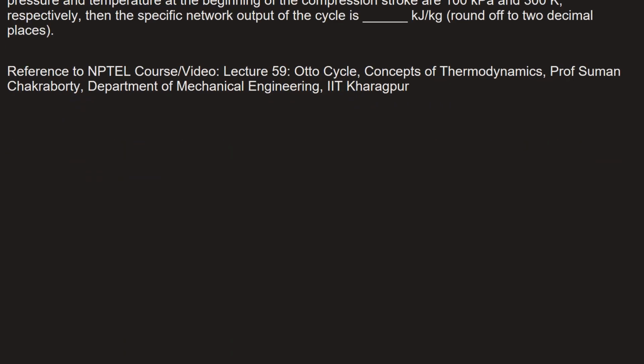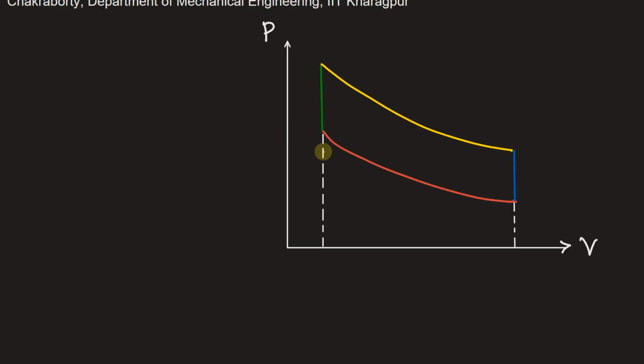So let's see here the working of an Otto cycle. This figure here represents the PV diagram, that is pressure volume diagram of an ideal Otto cycle. From process 1 to 2, this is isentropic compression. From stage 2 to 3, heat is added in the system, Qn, and this takes place at constant volume. So let's say this is V2 and this is V1. From 3 to 4 is isentropic expansion process, because pressure is decreasing isentropically here.